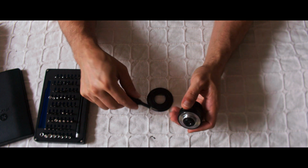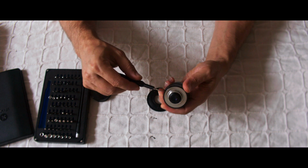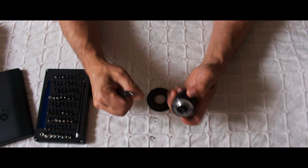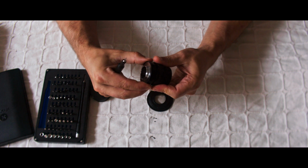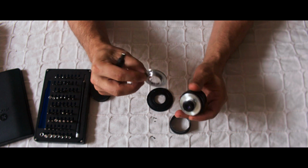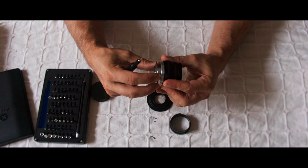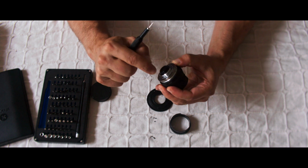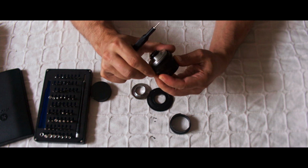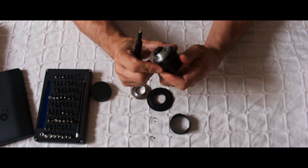Okay, now what I see, I have to unscrew it completely. These ones. Interesting technology, these screws. Okay. Now it's coming down. Okay. Oh man. No, this will be a little bit of a challenge, because it has nothing to keep it. So maybe I have to make two holes inside. Beside that, it's okay. I see that